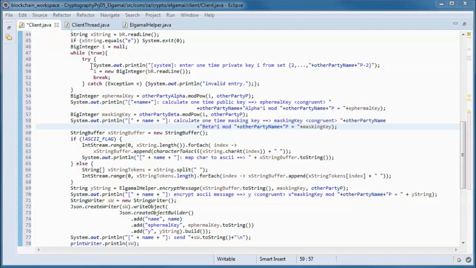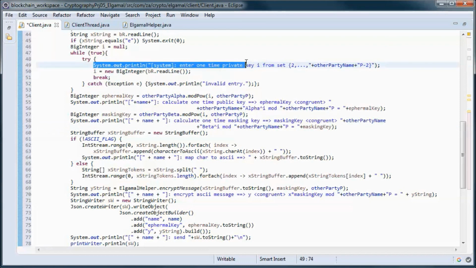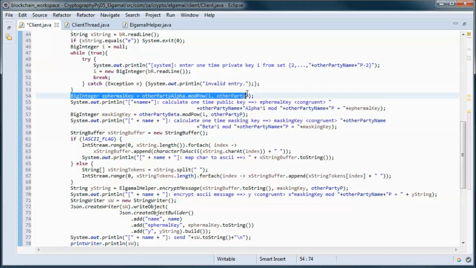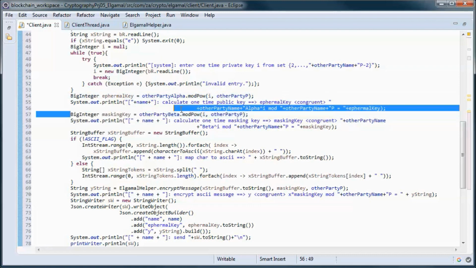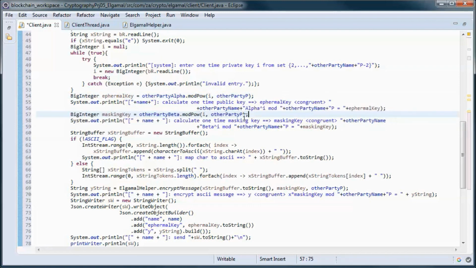And here we pick up the one-time private key from the user, and we use that to calculate the ephemeral key and the masking key for this message.